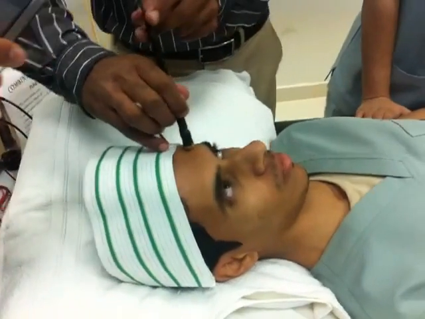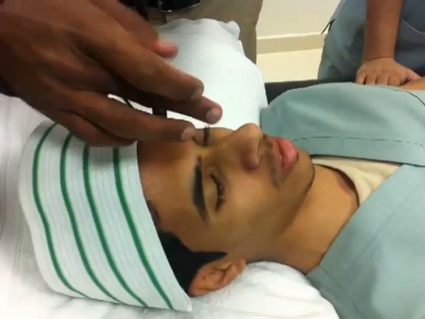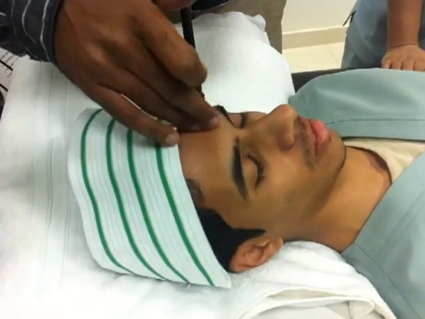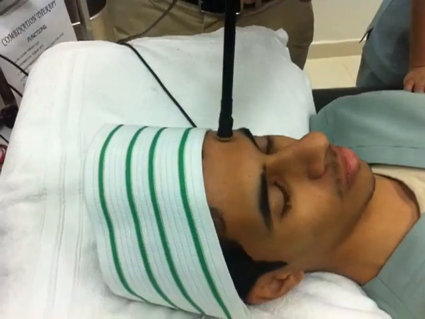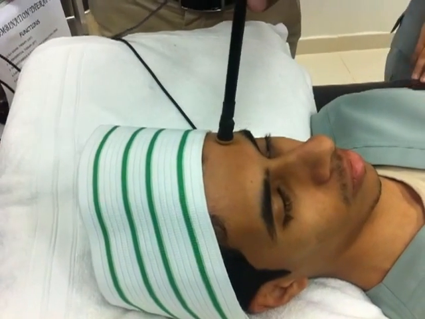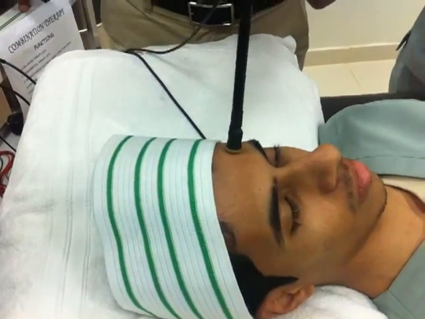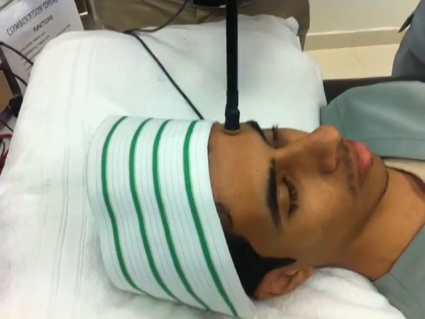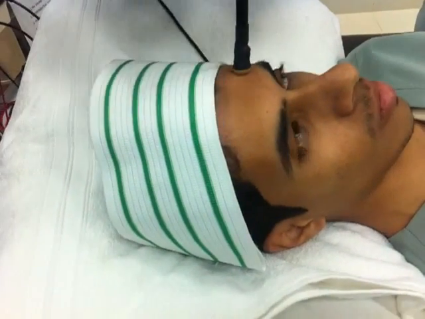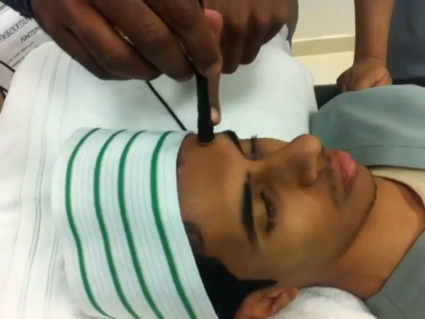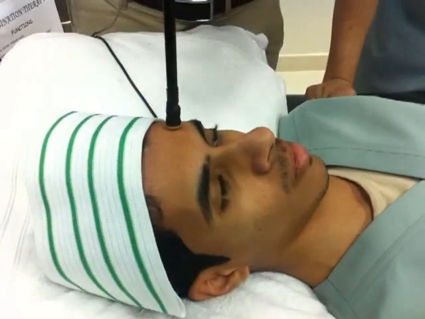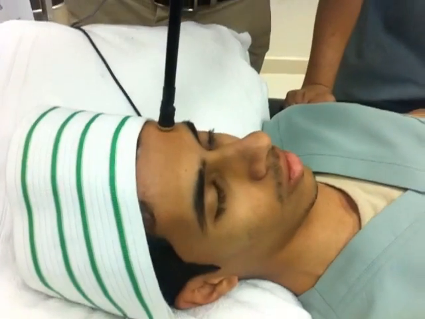This is the point for stimulation. You have two muscles, one on the right side and one on the left side. So we are stimulating the left side muscle, occipitofrontalis or frontalis muscle. You put it on the motor point of the muscle. Yes, exactly the motor point. Okay, are you getting the current?